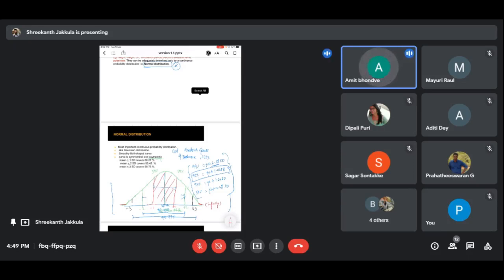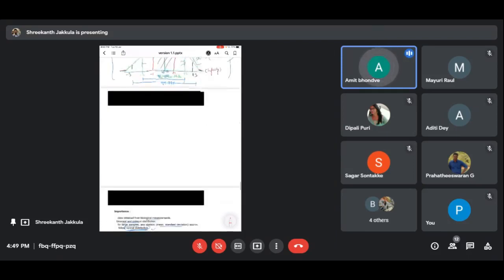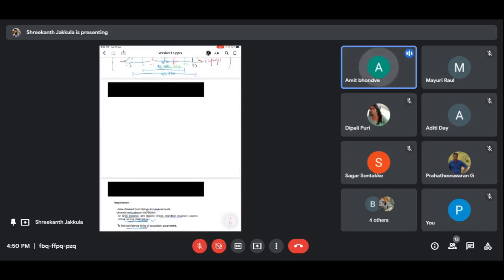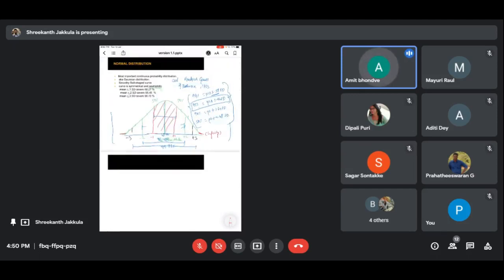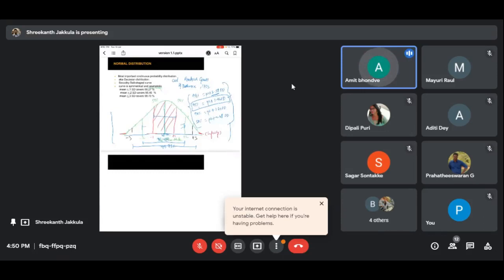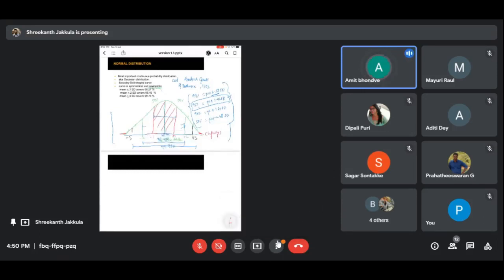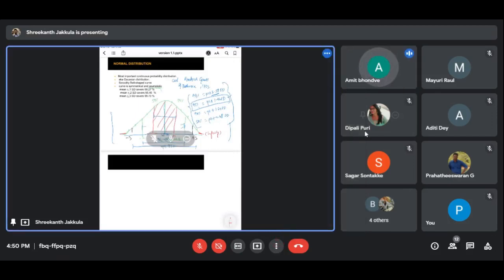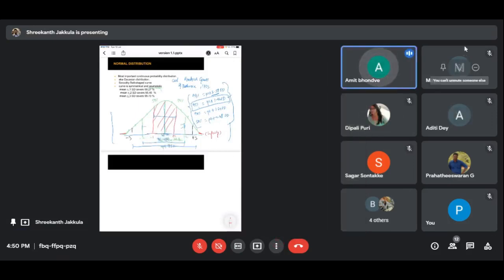I've shared a PDF file on how quintiles are different from quartiles and tertiles. I request everybody to go through it and understand them and their applications, when they use quartiles and when they use quintiles. Whenever the continuous data is there, but you want to divide it into five equal parts, you use the quintile. So it's better to understand that.